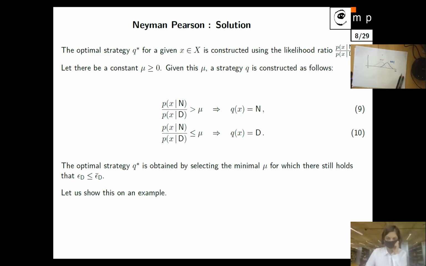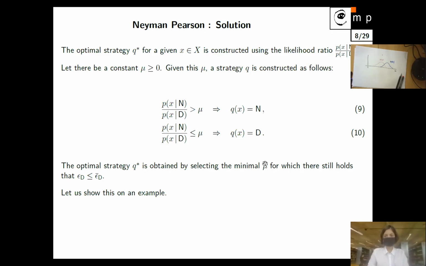It is the one that satisfies the constraint and minimizes the false alarms. For any x, get this likelihood ratio, and if the likelihood ratio of normal divided by dangerous is above a threshold, decide for normal, and if the likelihood ratio is below, go for danger. The optimal strategy